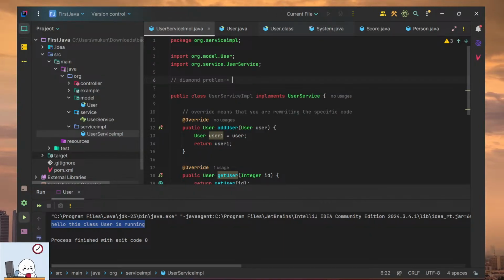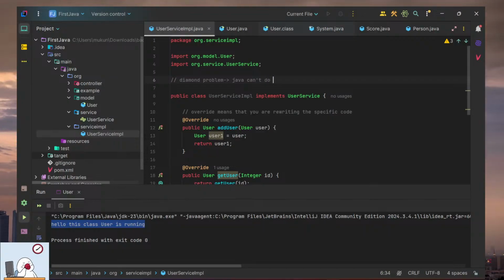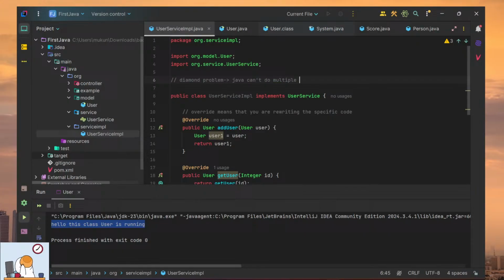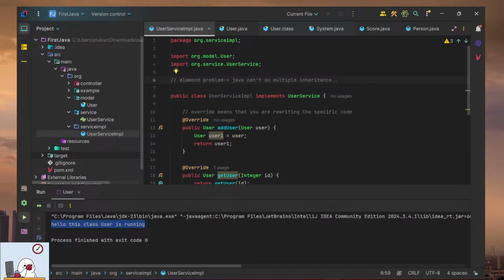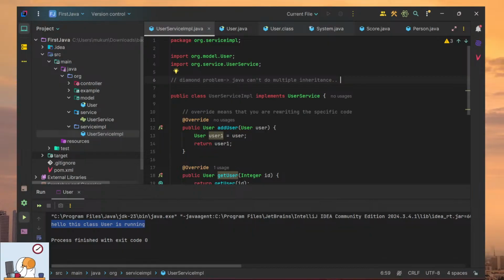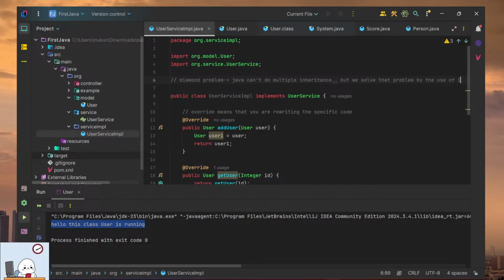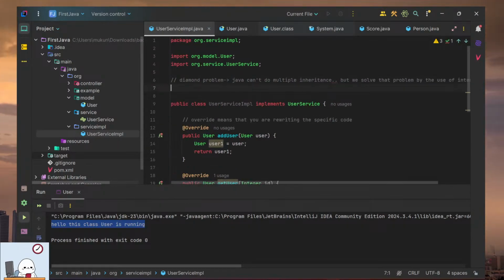The diamond problem says that Java cannot do multiple inheritance. So Java cannot implement multiple inheritance, this is what the diamond problem says. But we can solve that problem by the use of interface. Okay, so basically what it is, Java cannot